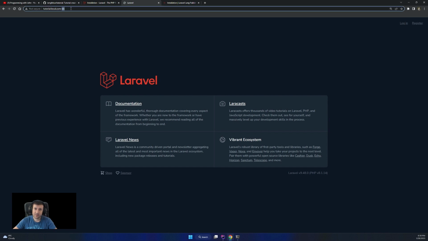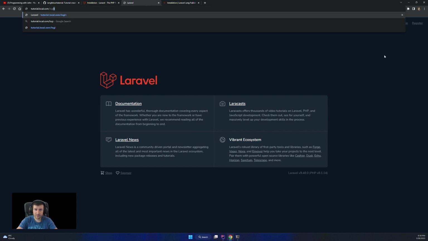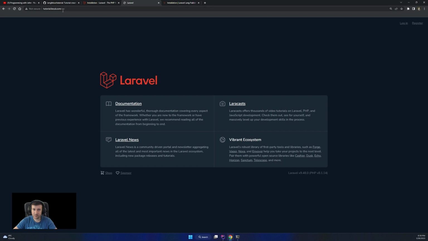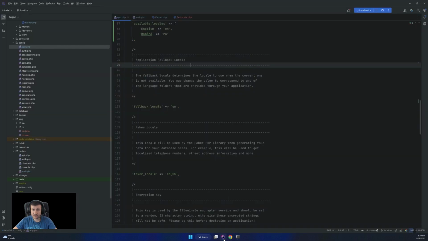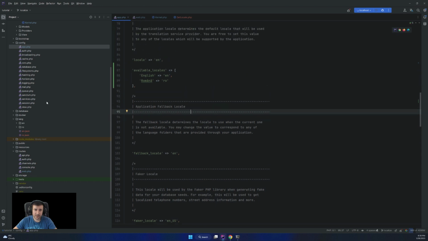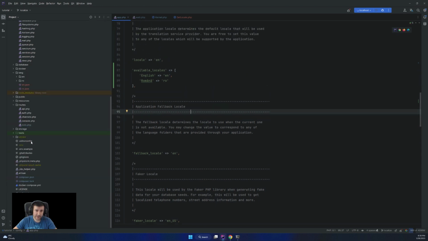If I go to /login directly, it will redirect to the default. And if we hover over the routes, you'll see they are /en/register or /en/login, because they're changed.